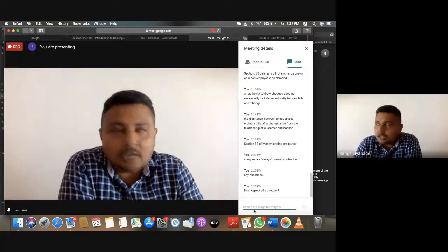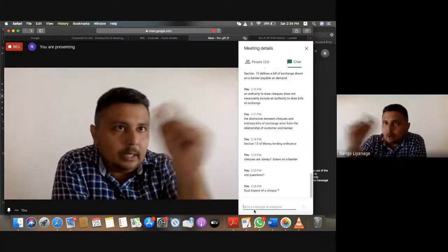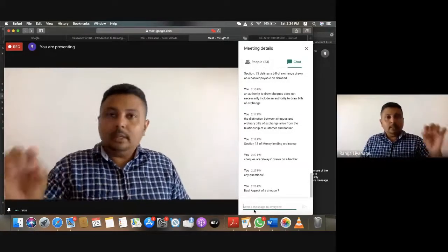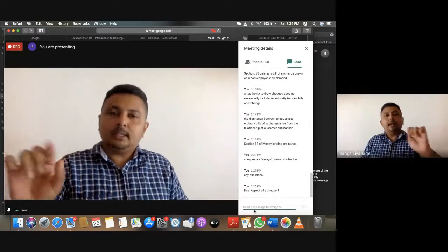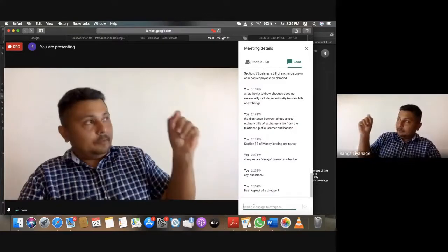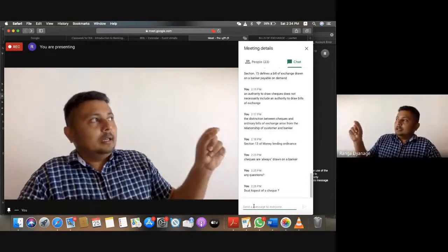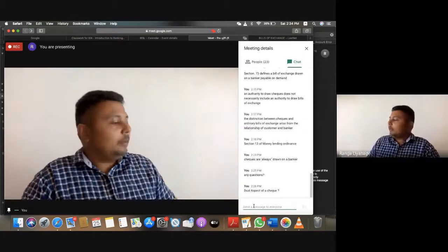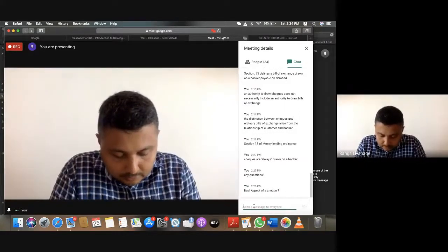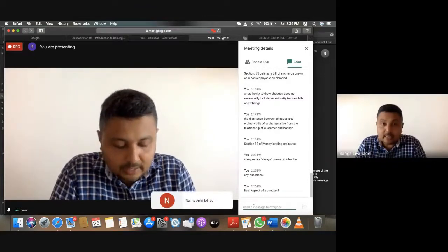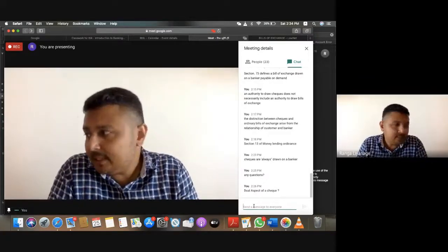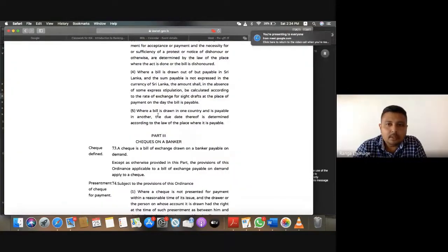Because it's a mandate, it's an instruction, it's a direction given to the bank. You pay, it's crossed, and the name of the bank is there. If the bank ignores that direction and pays it over the counter, the bank will have to take the responsibilities arising out of that. This is because payment of a check in contravention of crossing would be regarded as negligence by the bank. Then section 76(1) of the Bills of Exchange Ordinance